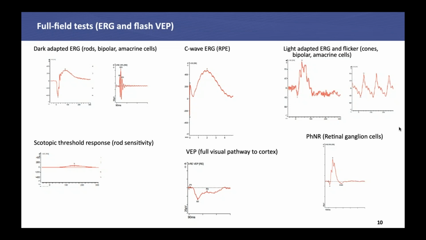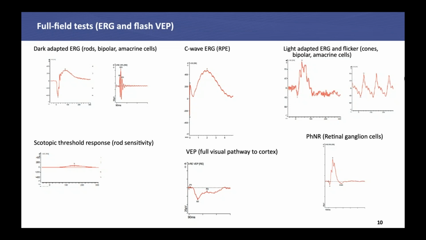So the A and the B wave are just over on the left-hand side, that's the y-axis. The C wave is used primarily to measure the function of the retinal pigment epithelium. Over on the far right-hand side, light-adapted ERG and flicker tests. And then going along the bottom, with our dim stimulators on Solaris, you can do a scotopic threshold response. So that typically would be a whole series of flashes. I've just pulled out one